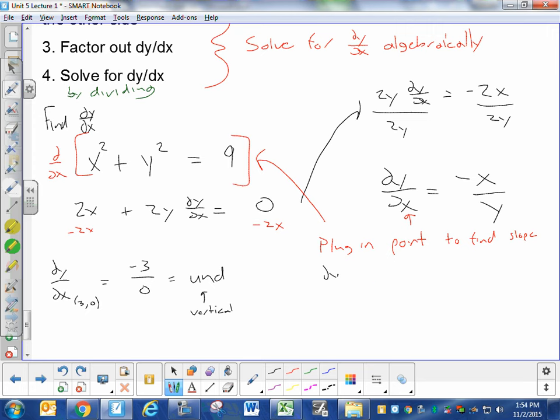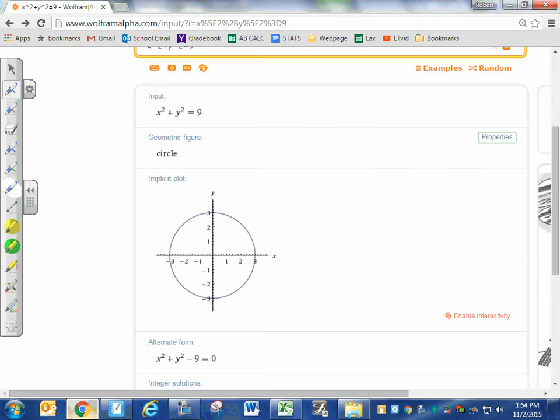Let's take other ones like 0, 3. We know that works. 0 squared plus 3 squared is 9. Well, I plug in 0, I get negative 0 over 3. That's just equal to 0. I look at the graph. At 0, 3, I have a horizontal tangent. Fantastic. I can take any point that works, something that is close to